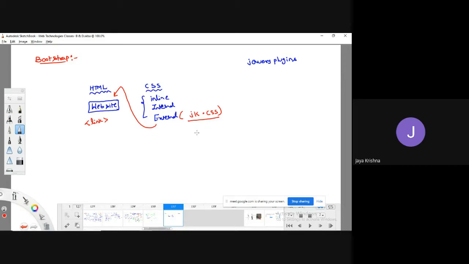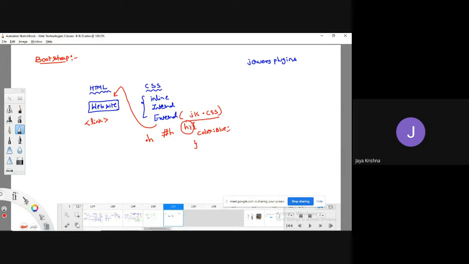First, for example, I would like to apply color equal to blue. To which tag will you apply this color property? For example, the h1 tag. Then I access that h1 tag and apply this property. Instead of accessing with respect to element name, I can access with respect to ID, or with respect to a class, or with respect to selectors. This way you apply various kinds of styles in the form of external style sheets.